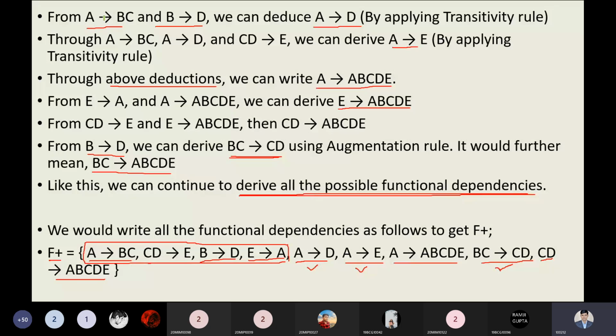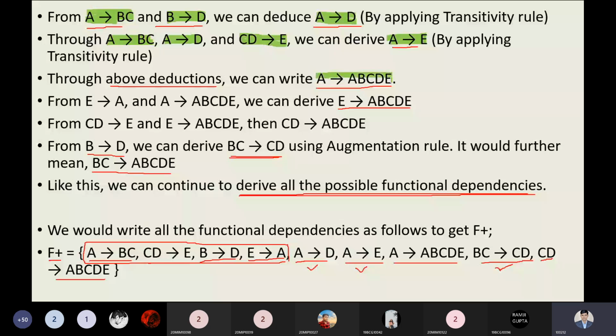So after applying the A determinant to BC and B determinant to D, we got our answer A determinant to D by applying the transitive rule. Okay. And after choosing the A determinant to BC and A determinant to D, and you can observe over here, and also applying this one, you can see we can also try the A determinant to E. It is also possible, that is by applying the transitive rule. So from the above point, A determinant to A, B, C, D is also possible. This will be done by the reflexive rule internally. So we can say it is also possible.